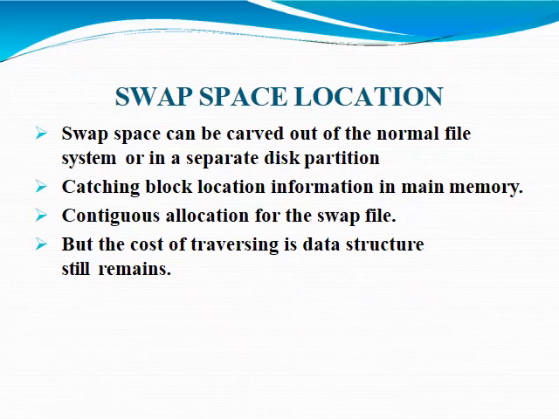Navigating the directory structure and disk allocation data structures takes time, and extra disk accesses are needed. External fragmentation can greatly increase swapping times by forcing multiple seeks during reading or writing of a process image. The performance can be improved by caching the block location information in physical memory and by using special tools to allocate physically contiguous blocks for the swap file, but the cost of traversing the file system data structure still remains.